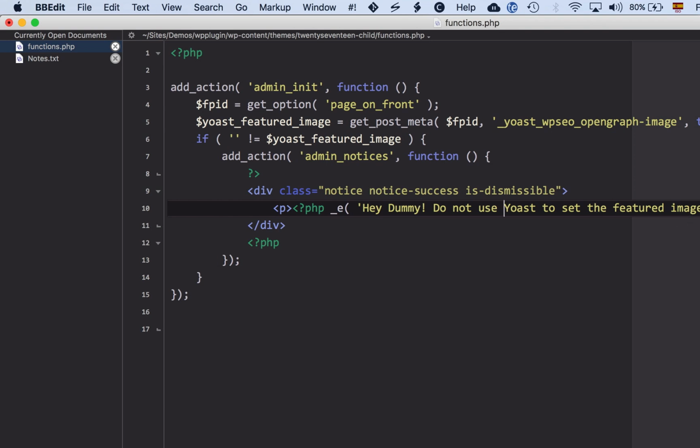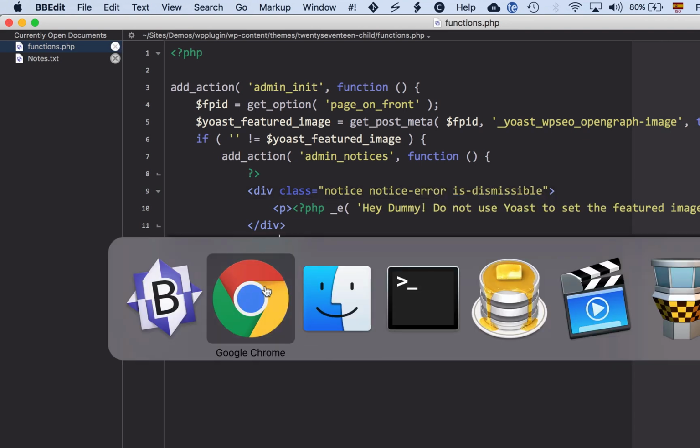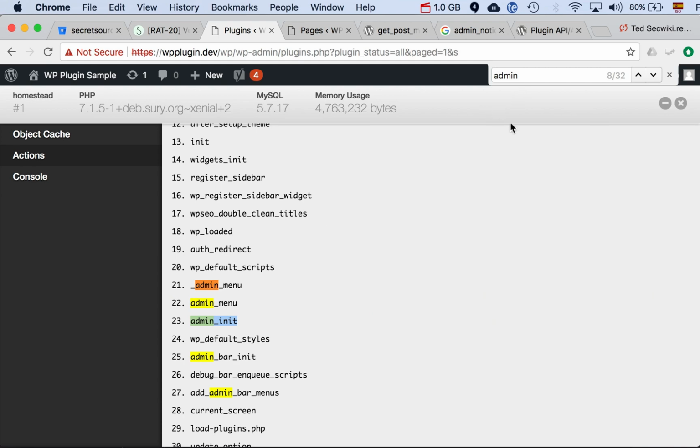Right. And our text domain will be whatever it is. And instead of saying no to success, we're going to say error. Okay. So at this point, right? At this point,